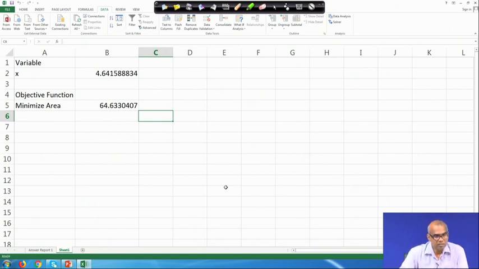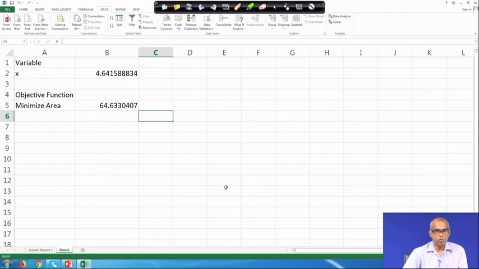Now, look at column B, it contains the optimal solution for the problem. x equal to 6.4 is the optimal length of the side of the base and the minimum area is 64.63.